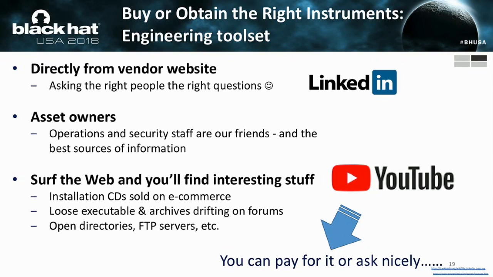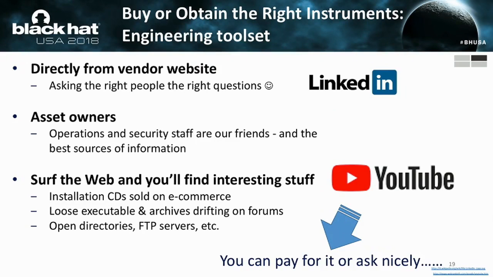The third point is which other resources you can use in order to find, for example, the engineering toolset. As you know, every single device, like a controller, needs to have an engineering toolset. The engineering station and, in general, the engineering toolset is very useful because you usually need to build a program and download it inside the controller, and that program explains to the controller how to act in the field. And where can you find those tools? You can start from basic channels, LinkedIn, maybe you have friends that have that engineering toolset. You can ask an asset owner if you know one that has that software,